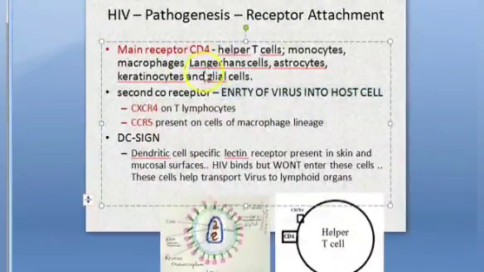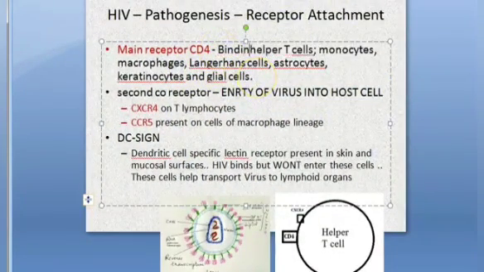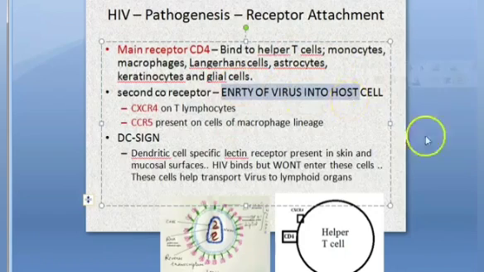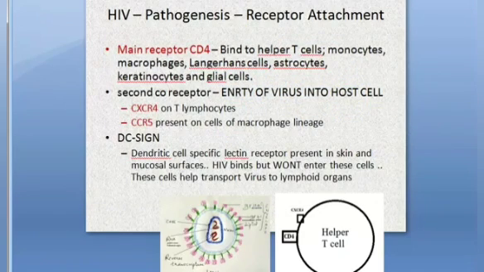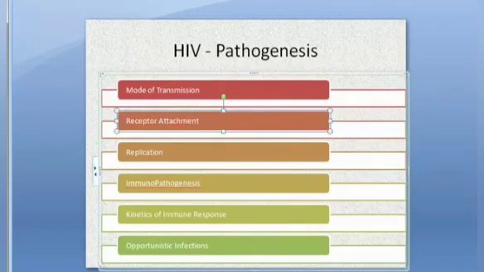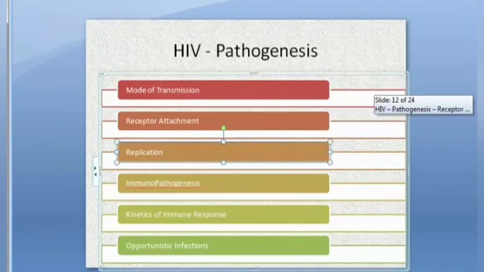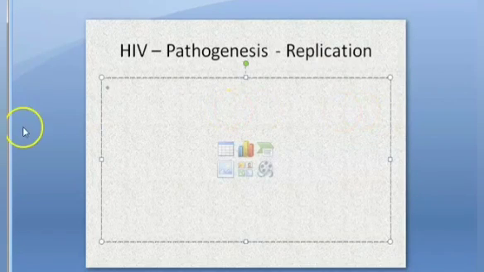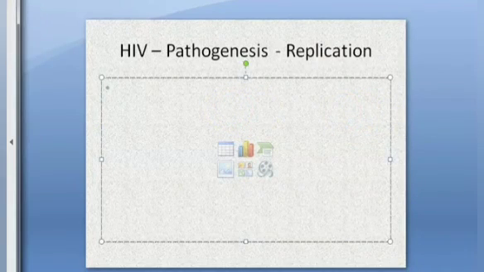So far we saw the receptor binding. This is going to bind to T helper cells, binding over, entry over. Now we will continue with the pathogenesis, okay? In pathogenesis, where are we? Receptor attachment, easy, over. Now we are going to replication. Now the virus has entered, now it wants to replicate. Do we have a slide for replication? Yes, replication. Now, what headings are there here?